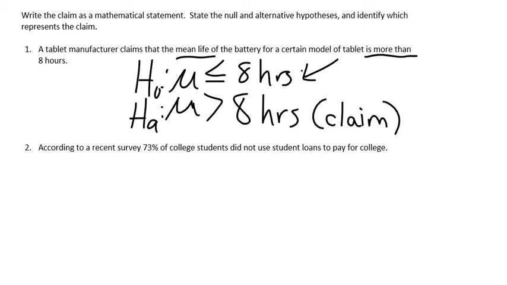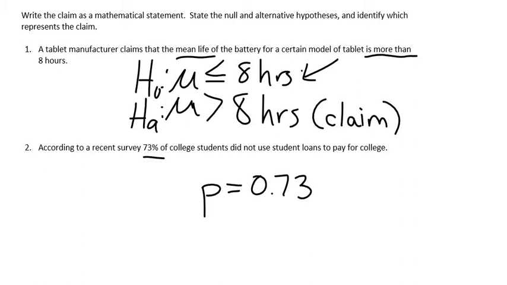Okay, now let's look at the second one. According to a recent survey, 73% of college students did not use student loans to pay for college. So let's look again for the key phrases. We're looking at 73%, so this means we're looking at a proportion. And it's not giving me any clues as to is more than, less than, at least. It's just saying 73% of the college students did not use student loans. It's a finite number. They're saying they either did or did not use student loans. Therefore, this is going to be equals to